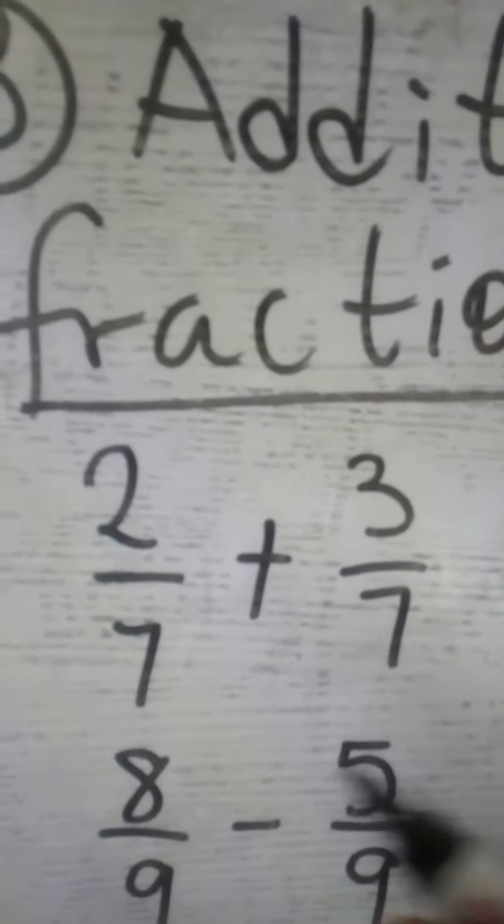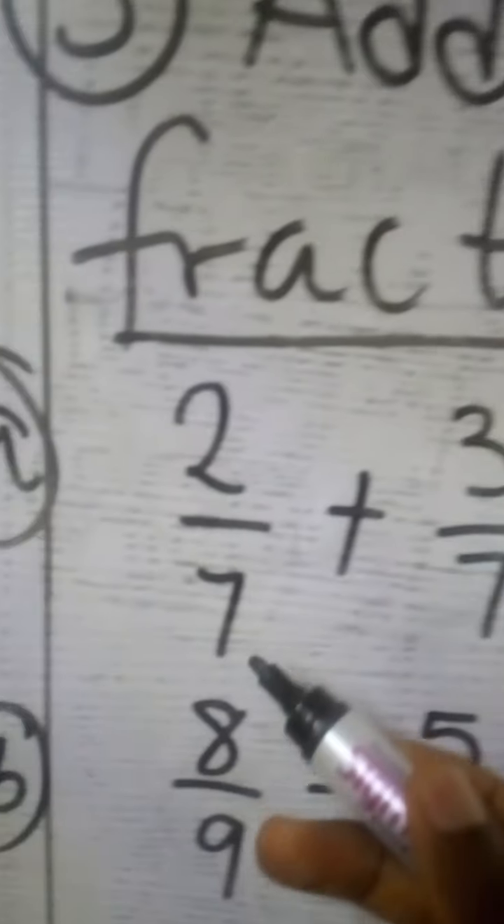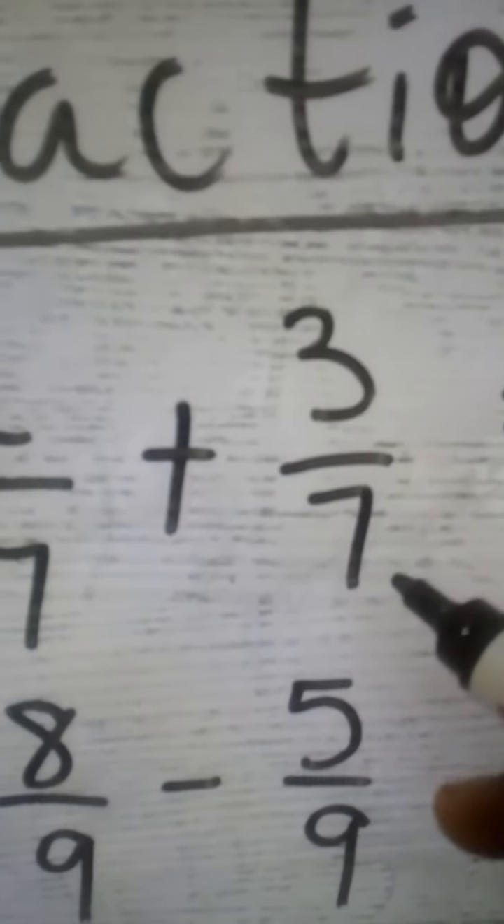In this case, the denominators are the same. So you have no problem, just pick one of the denominators because they are the same. How many 7 is in 7 here? That's 1. 1 times 2, that is 2. Then plus. For the second one, how many 7 is in 7? That's 1. 1 times 3, that is 3. Then your answer is 2 plus 3, which is